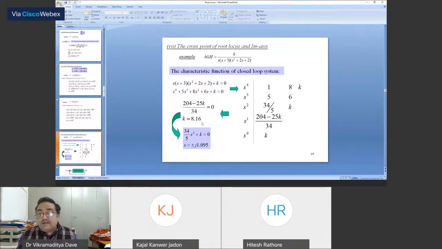So once I get 8.16, I substitute it here, and when I solve, you just take and form an equation from the row where k is coming for the first time. So it is coming here. I will form an equation 20